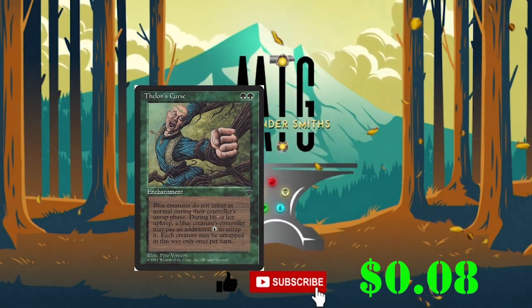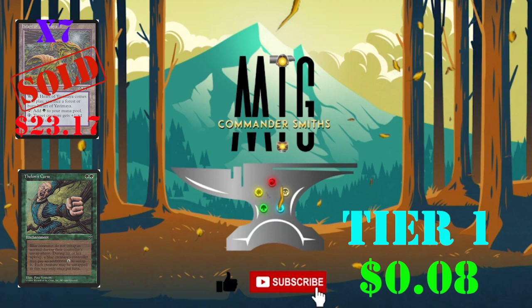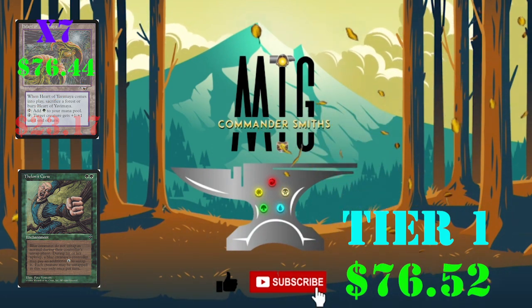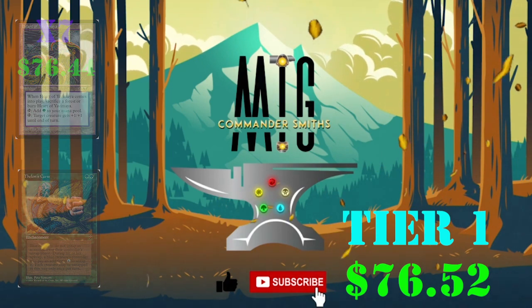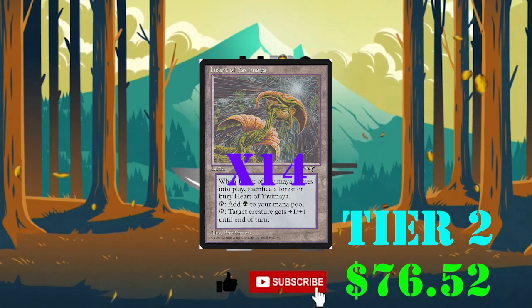Now we're going to call this tier 1, and out of tier 1, I only sold the Heart of Yavimayas, but I sold them after only a couple days. And that total was $76.44 for all 7 of them. Now at this point, we move on to tier 2, and I purchased 14 more Heart of Yavimayas